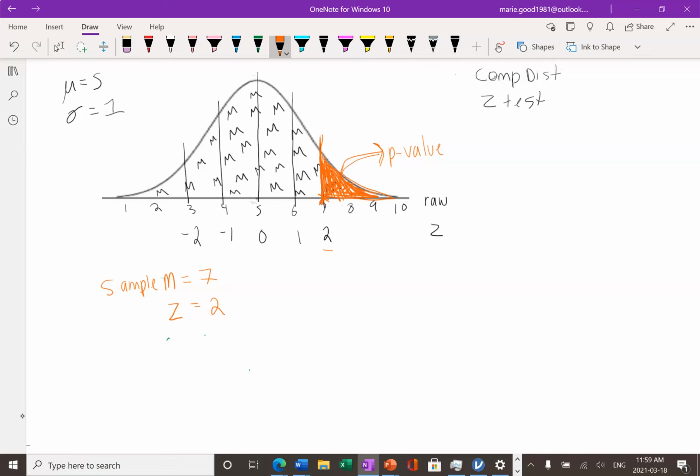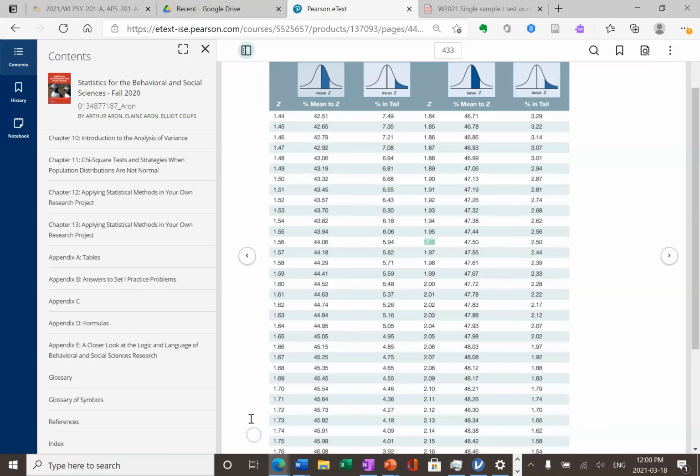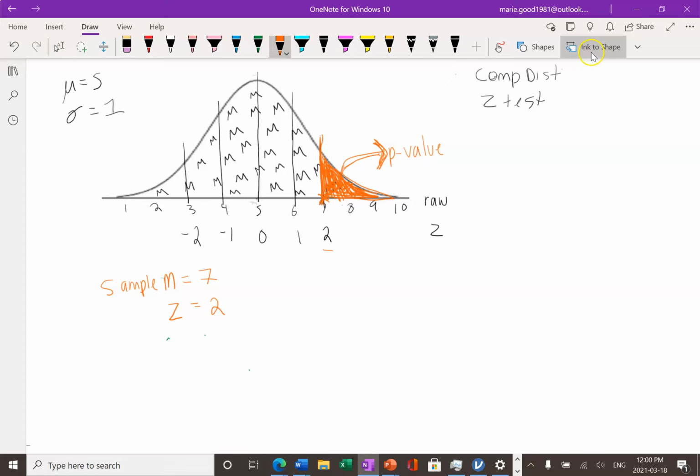So this area here, that's what we call the p-value, and we can look that up in the normal curve table, right? If we wanted to get the percent of scores at or above a z-score of 2, then we would go to the normal curve table, look up a z of 2, and then find the percent in tail. So here's z-scores all the way down to 2. Percent in tail there is 2.28. So the p-value then is 2.28,